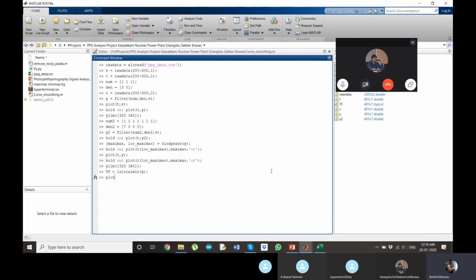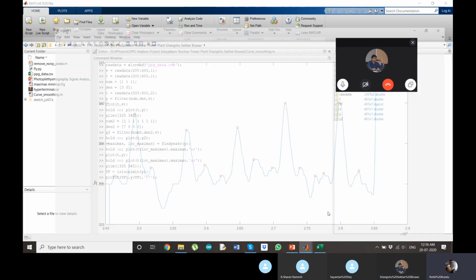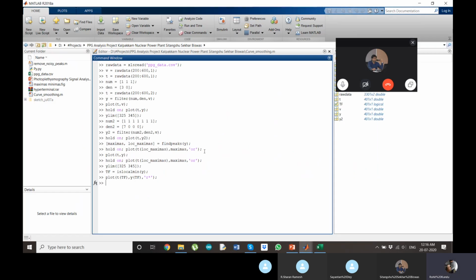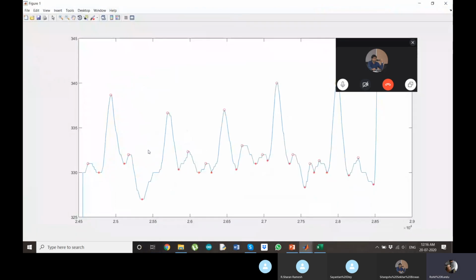I'll just plot them too. So they will appear like stars. See, the minimas are plotted. So there are some stray minimas here too, like here. We have to eliminate these as well, along with the stray maximas. Okay. So now we'll do a manual analysis right now.